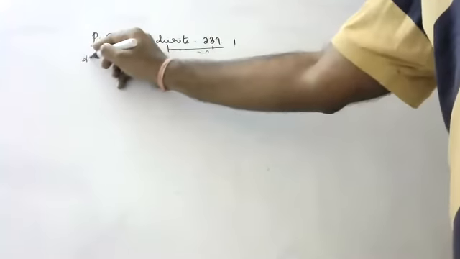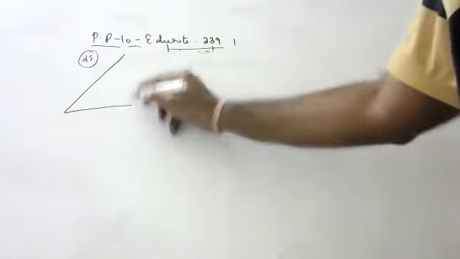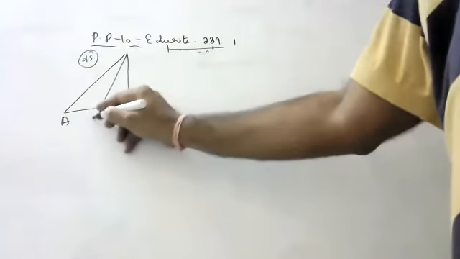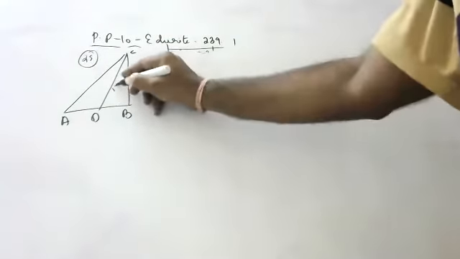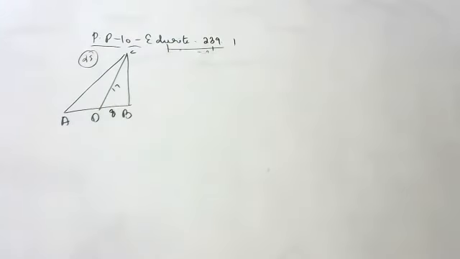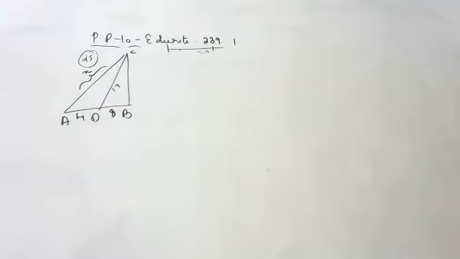Go to the 25th question, children, all of you. In the 25th question, they have given a right-angled triangle. It looks like this. This is A, this is D, this is B, and this is C. What are the values they have given? CD is 17, BD is 8, and AD is 4, and find the value of AC. Nothing else is given.